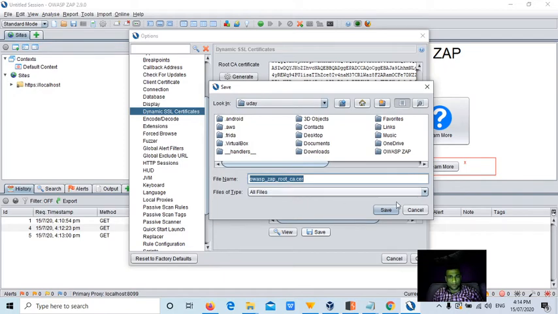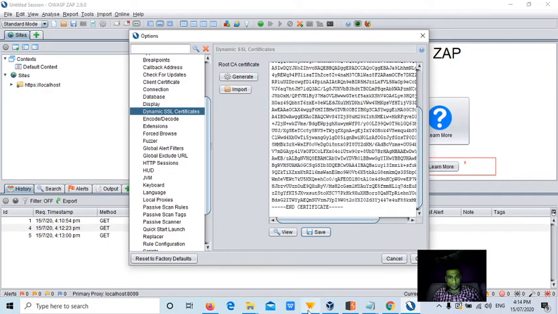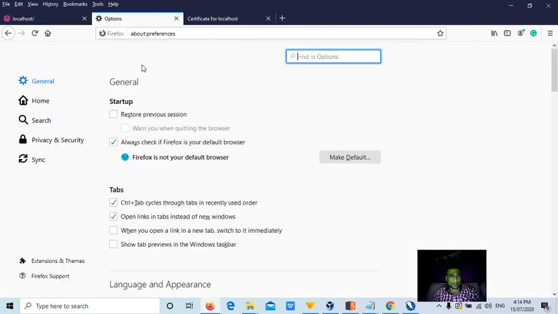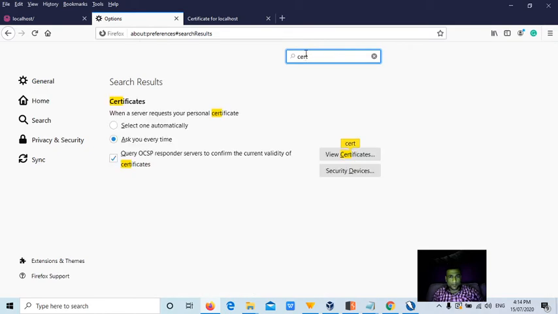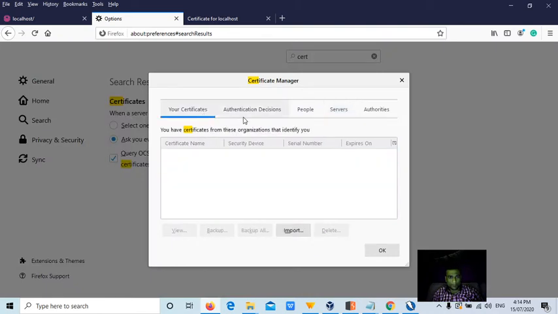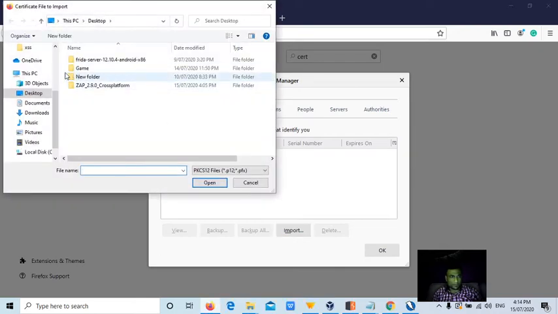Just like the Burp Suite certificate, we need to set up this certificate too. And we need to import this within the settings, like tools, certificates, view certificates, and then in the Your Certificates, import where we have put that file.